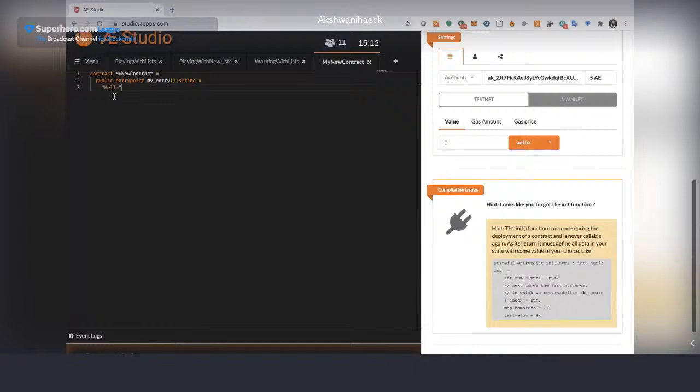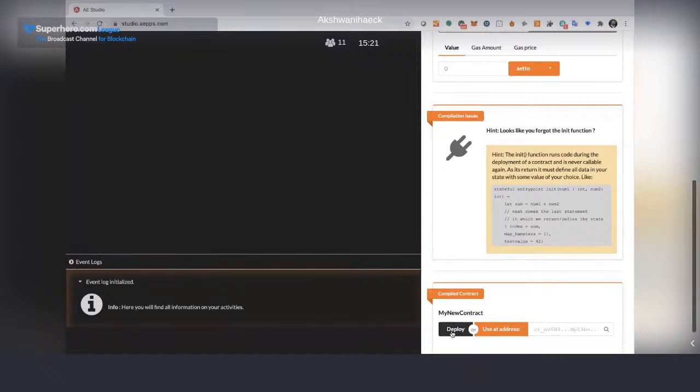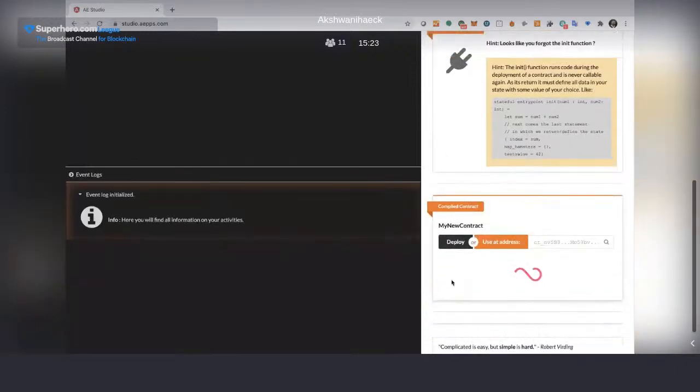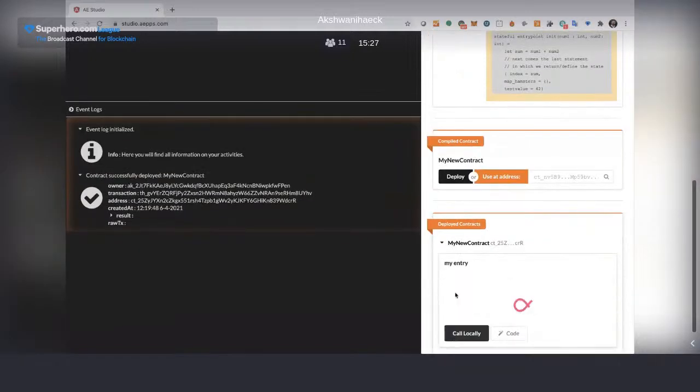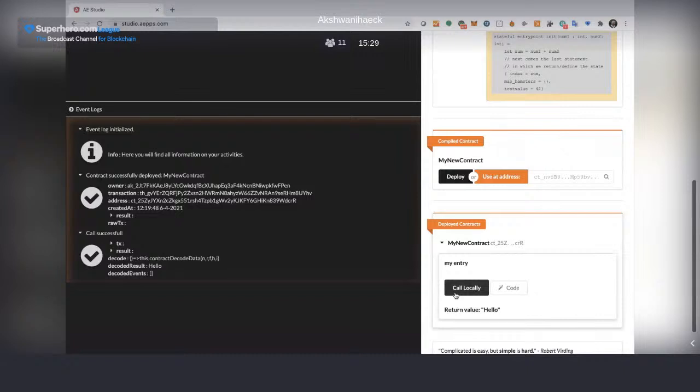So here I have a contract. This is a smart contract. That's nothing, but it is a contract. I think it should let you, and yes, it's letting you. But it does nothing. It's not storing.